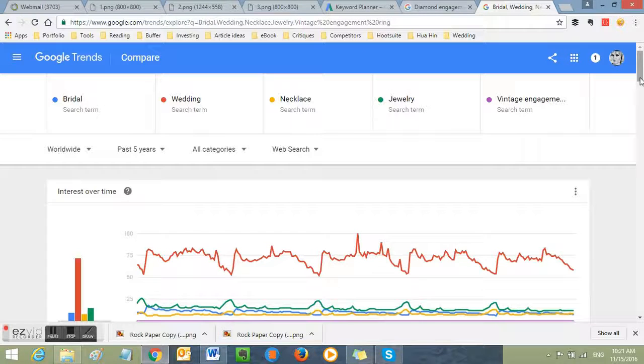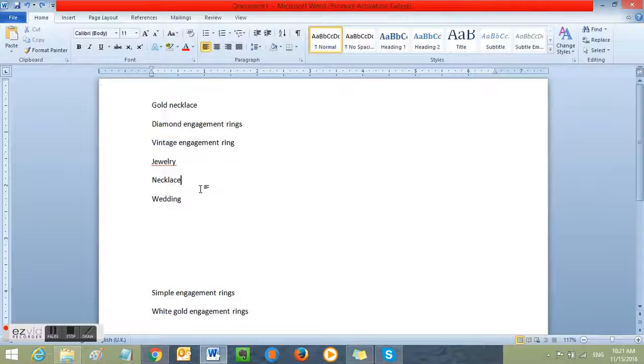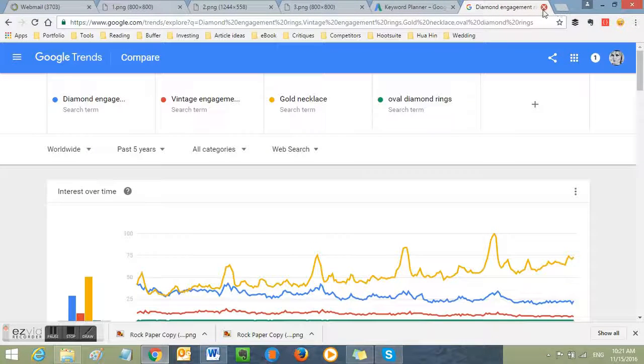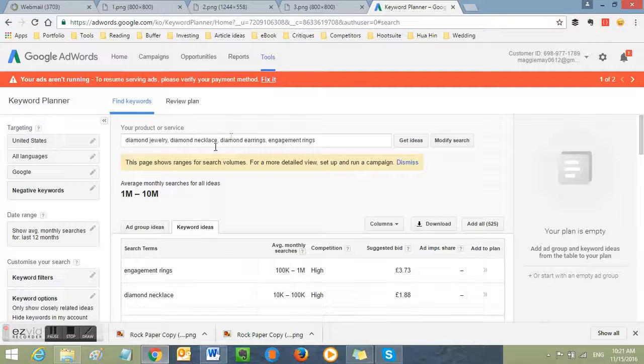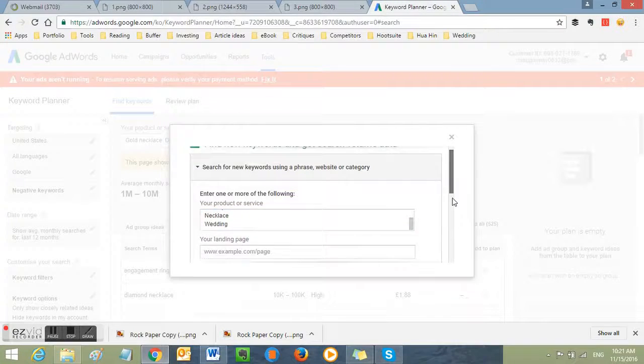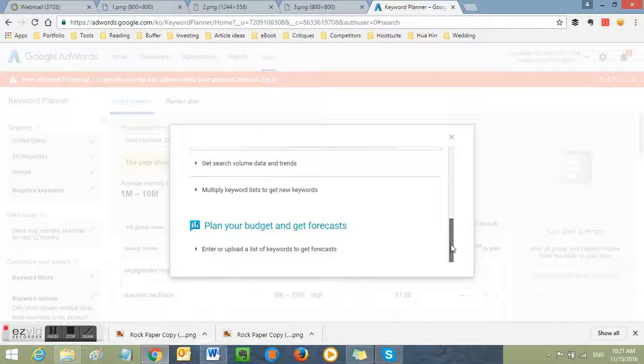Purple, not that impressive, I have to say, but we've got a certain list here which we can use, and what I can do is copy this list, because we're going to use these as hashtags, but I'm going to go back to Keyword Planner to see exactly how many searches each keyword gets per month,